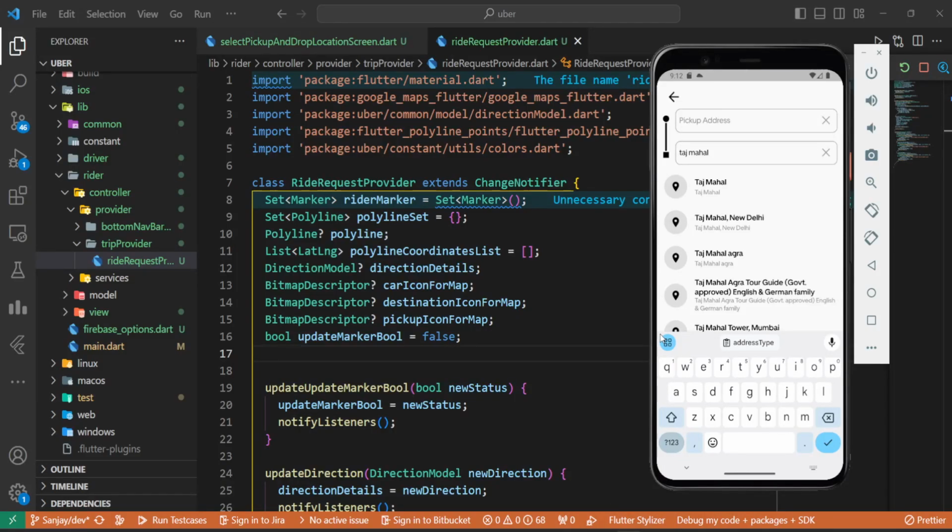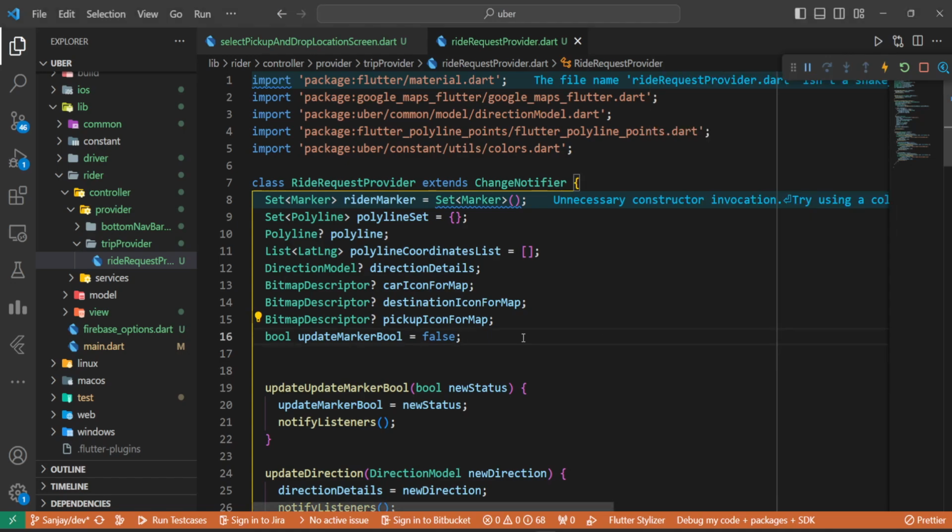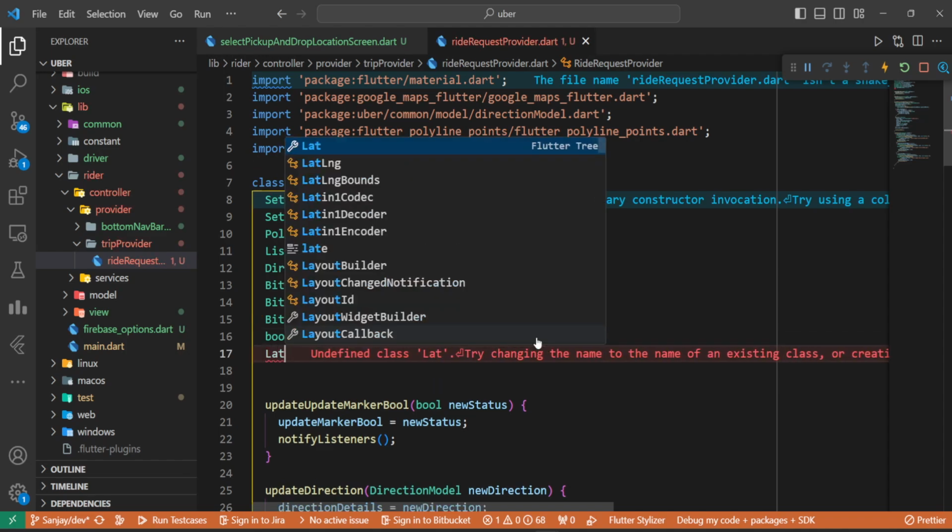To register a new trip, that is, suppose a user wants to go from place X to place Y, we will be needing the coordinate location of place X and place Y. And to make the ride request, we do need to add two parameters here. Inside ride request provider, we will add lat long